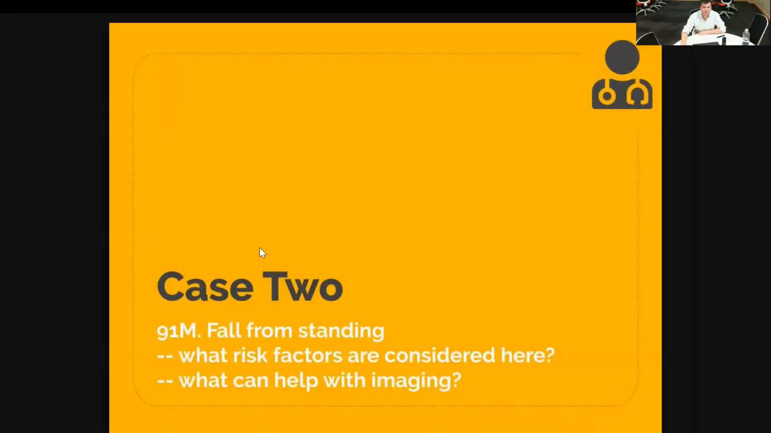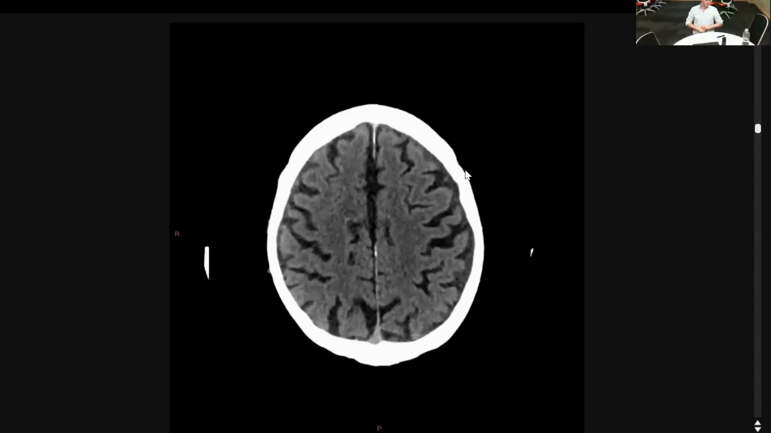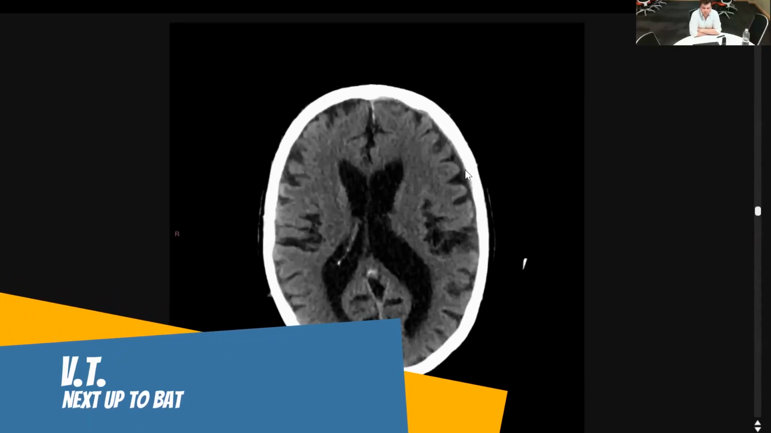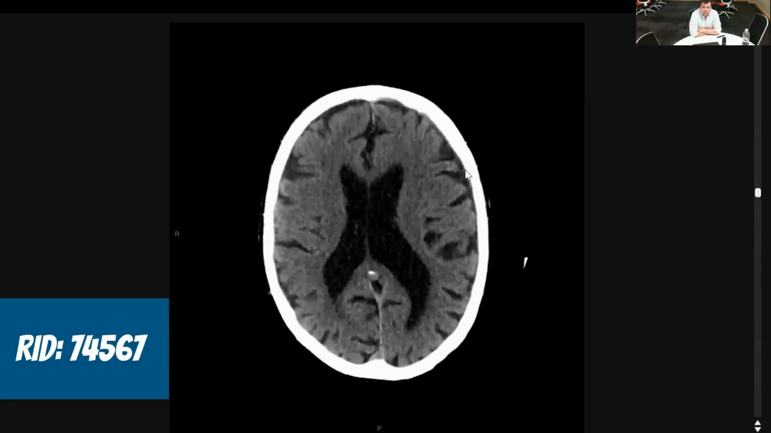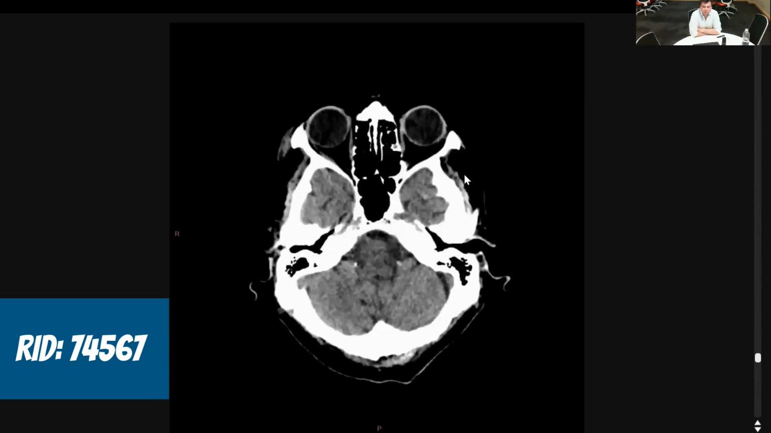Cool. Right. So next case, 91-year-old fall from standing. We're thinking about risk factors and what can help with imaging. We've got Dr. Nania, a neuroradiologist, joining in. We can see there's brain volume loss in this gentleman, which we kind of expect. There's associated ventricular dilatation,